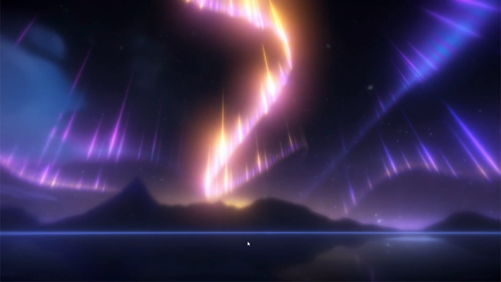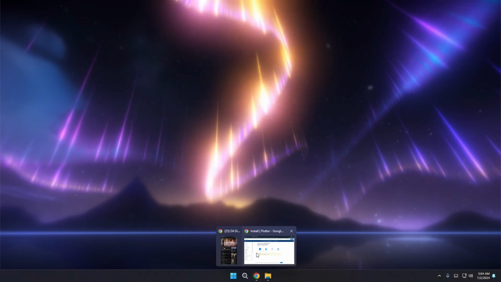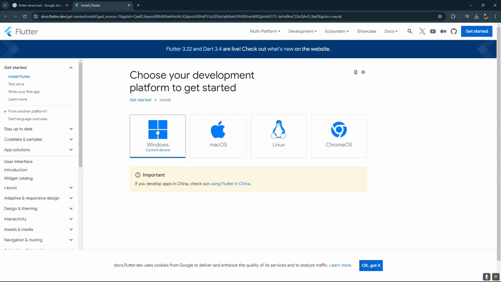So let's start. First of all, you have to open up your browser and go to the Flutter website. I will be leaving the link in the description. Click on that and you will see this type of interface. After seeing it, you have to set your OS, like which OS you are using,